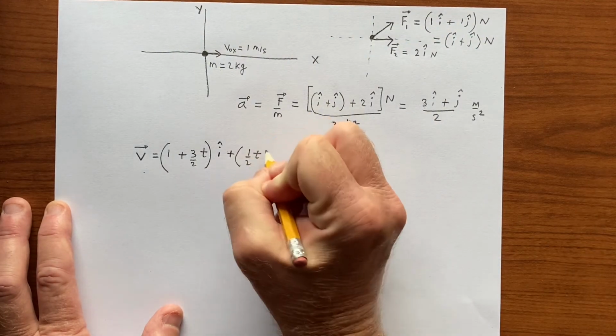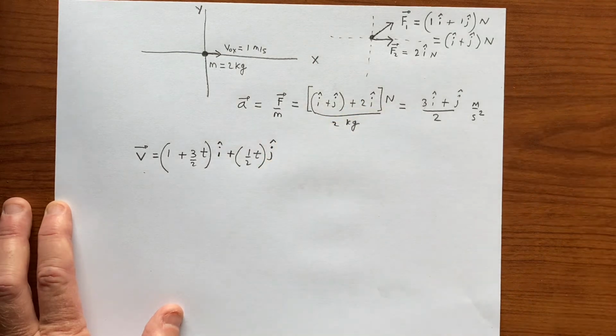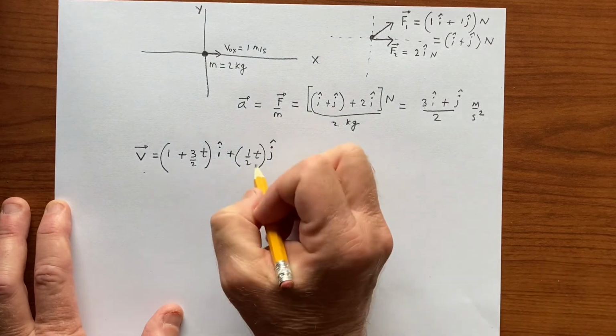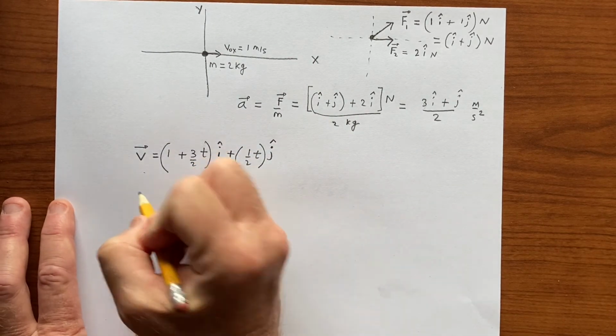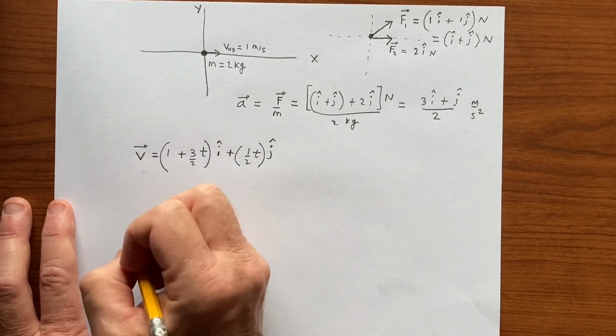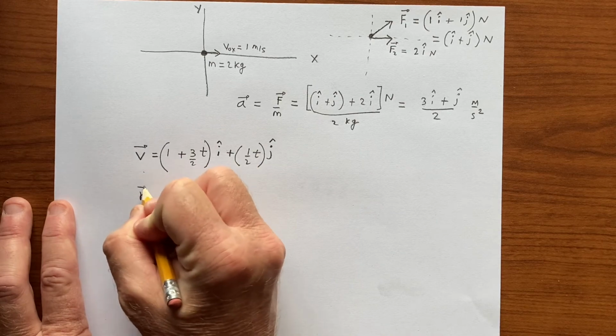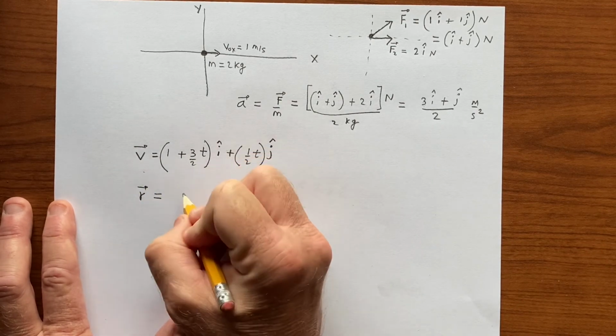So I simply have 1/2 t j hat. I don't really need the parentheses, but I'll put it there just to indicate the component a little more clearly. So that's the velocity as a function of time, which is clearly changing, and the position in this two-dimensional space is going to be, I'm going to integrate that,